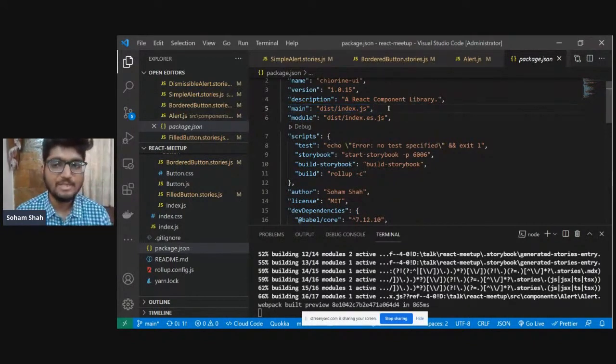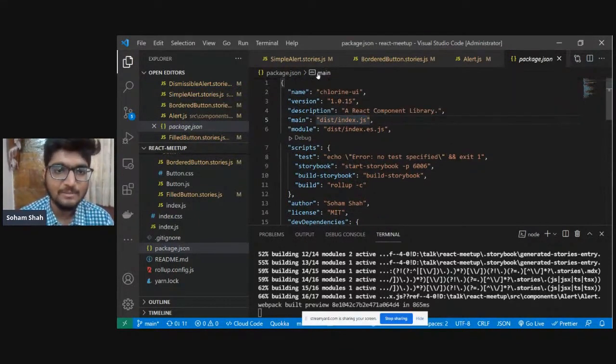When we are going to publish this to npm, which we are going to do in just a few minutes, how would our end application know what file it has to take? Otherwise it will be taking the whole folder, and we have to specify where it lies. But instead we can define that the main file you have to consume the components from is index.js.